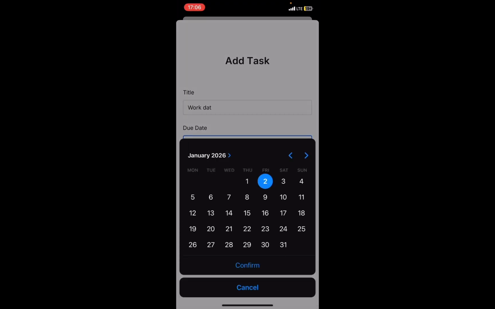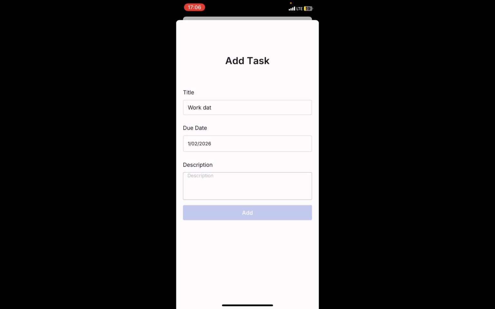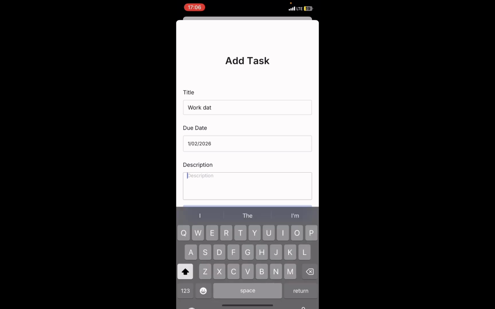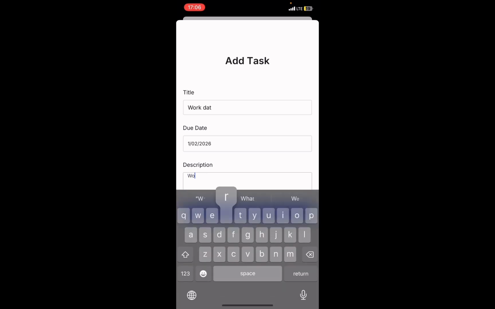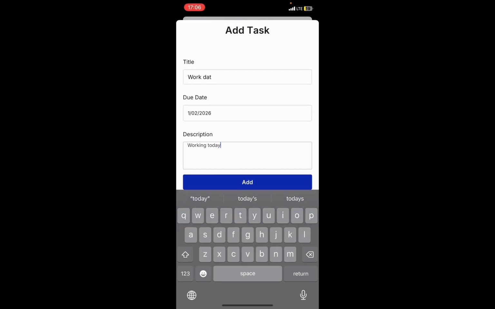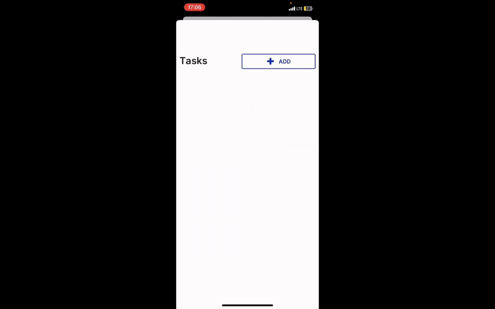Pick a date, and you see the date pop-up has shown us, and we can pick second, pick third, or just pick any day. Okay, so let me pick second, which is today, and we can choose to add a description here. Working today, something like that. All right, and then that is it. Change this today, and we submit it. So if you want to submit, it returns us back to